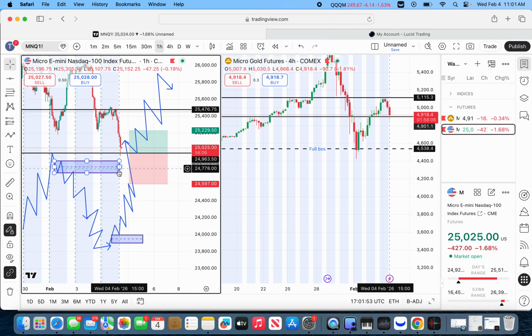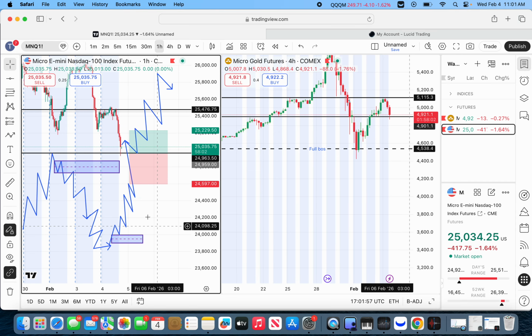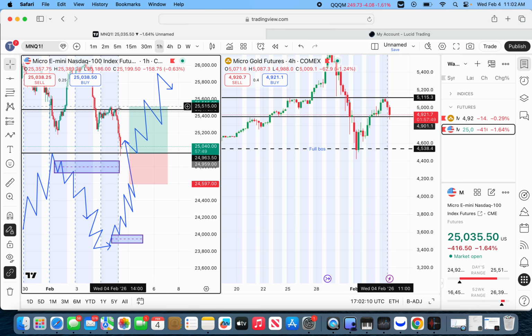If it breaks above this order block and then gives us a correction still above this area, it's almost guaranteed that it's going to continue to go upwards, right? So at that point, I would have my stop loss probably somewhere at these highs, similar to this. And then as you see, it would have been able to cash. Nine times out of ten, you would have been able to do that